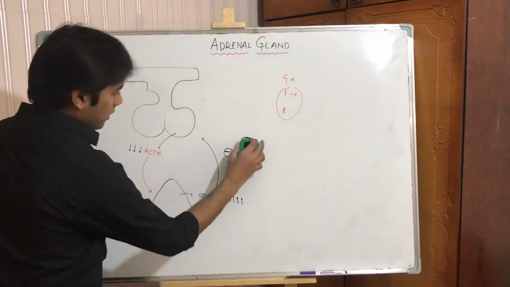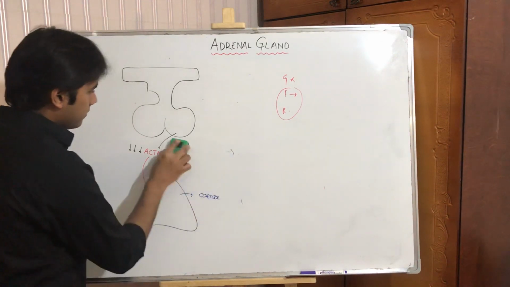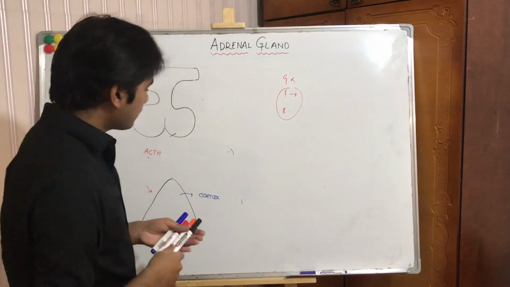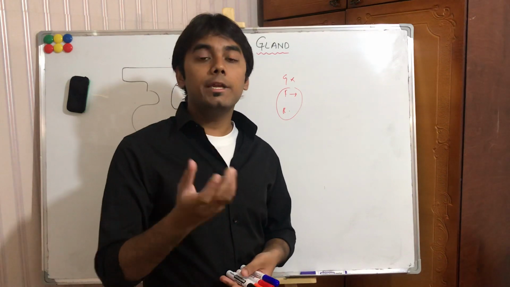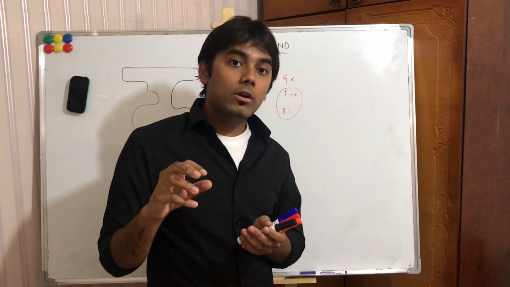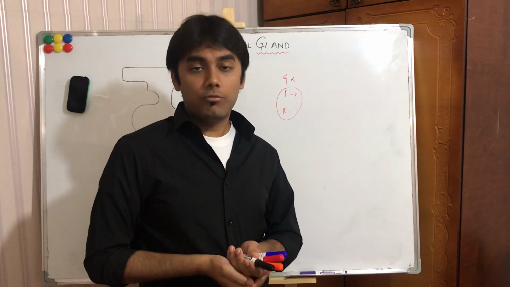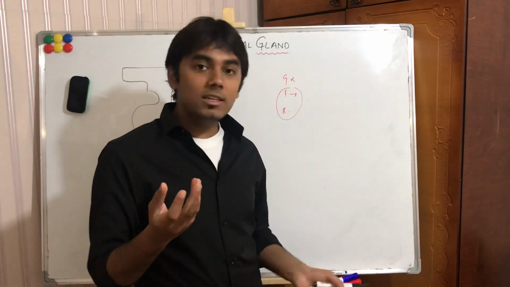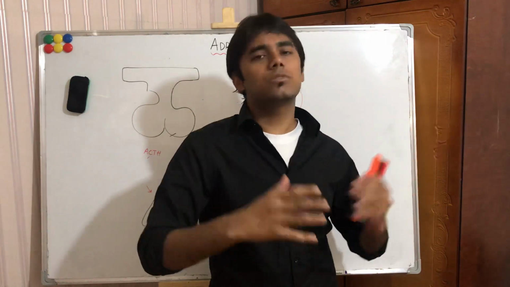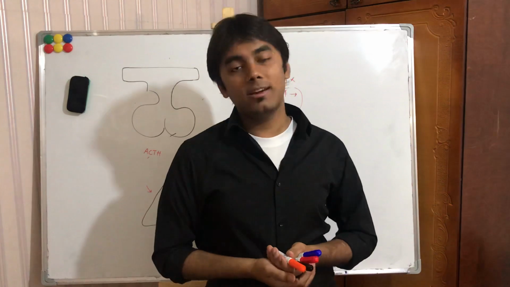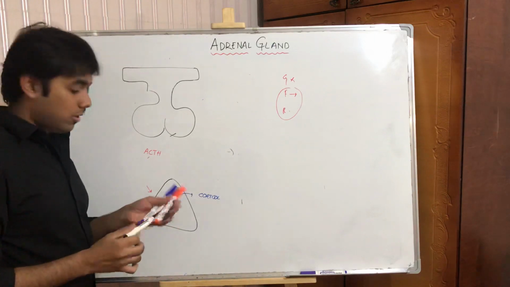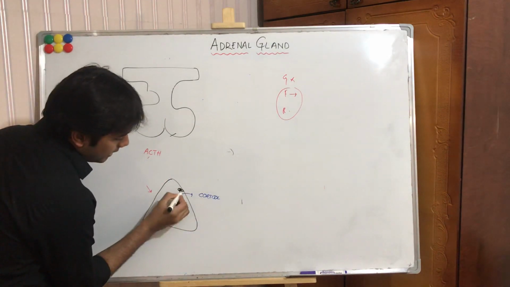Now look. If there is adrenal adenoma, in the sense cancer of the adrenal cortex, will adrenal cortex release more cortisol or no? Of course, because one cell is releasing little amount of cortisol. If there is adrenal adenoma, one cell is divided into some millions of cells, hundreds. So how much should they release? So as a result, when there is adrenal adenoma, there is hypersecretion of cortisol. Here there is an adrenal adenoma.